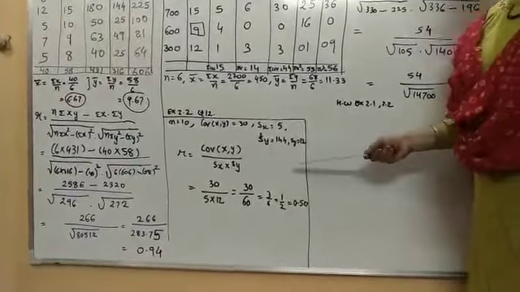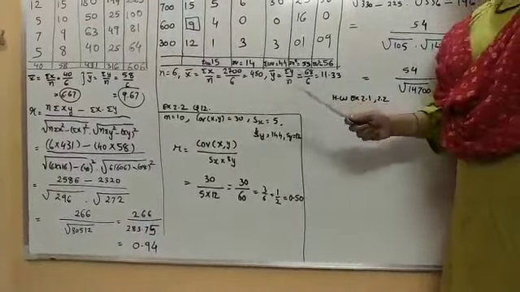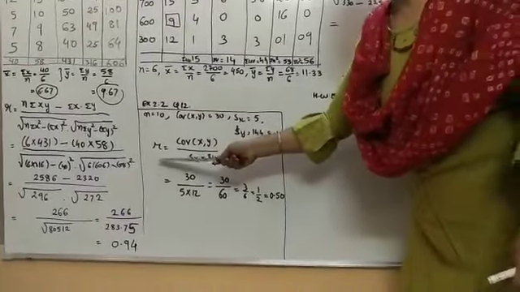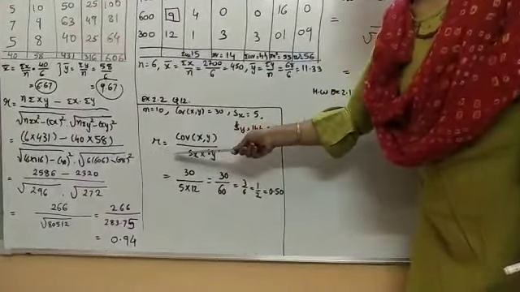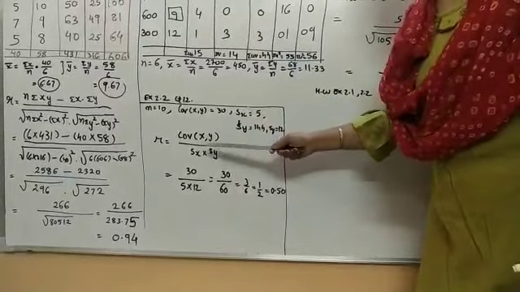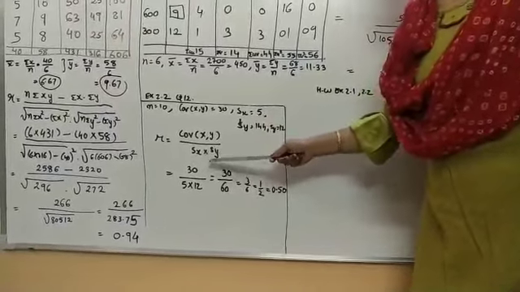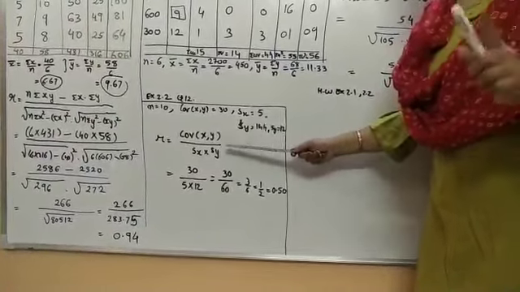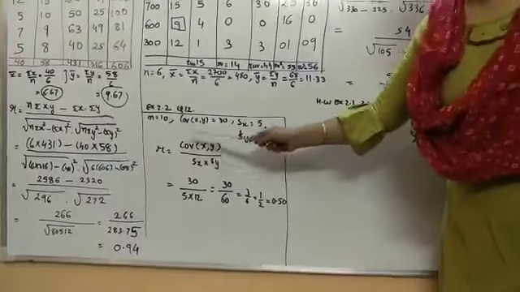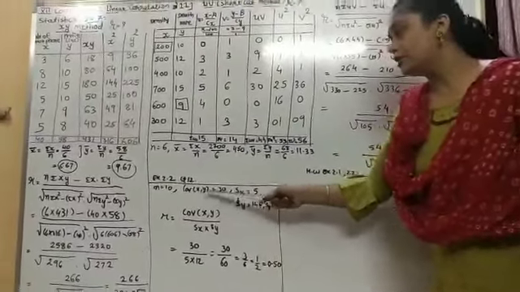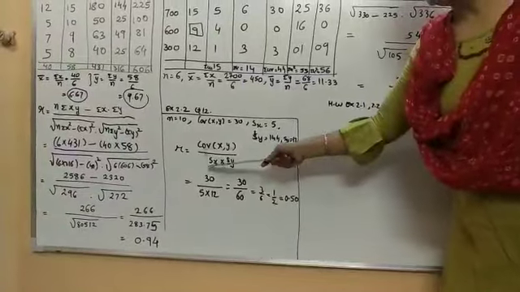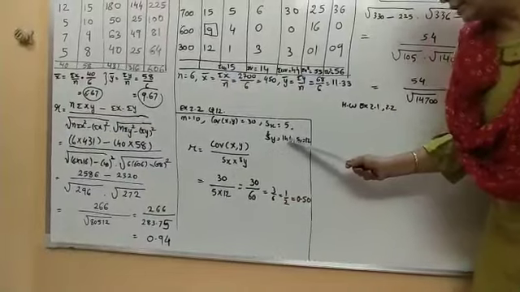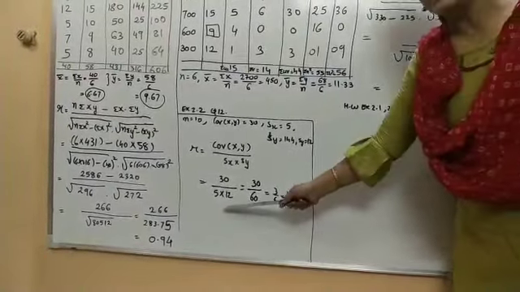So by following this, looking into the question, I can have the new formula, and that is R is equal to the correlation coefficient, is equal to covariance of xy upon sx into sy. Please note down this formula, very important. Write it down 5 times in your notebook. Substitute the values. Covariance of xy, that is 30, upon sx, from here that is 5, into sy, this I have done, that is 12. Can you see this? 12?